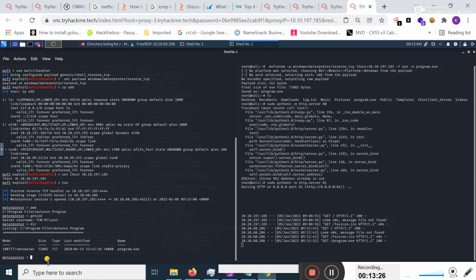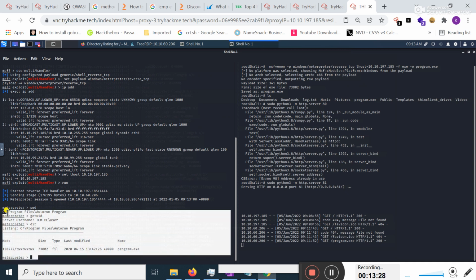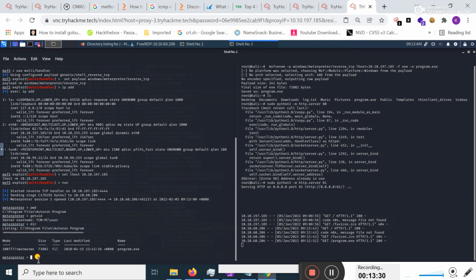Now students, you have a meterpreter session. You can do a lot with this session. You can create any malicious file or code on this target machine. You can delete or change files on this target machine as you have gained a meterpreter session. This is a very useful method for getting a meterpreter session on your target machine.